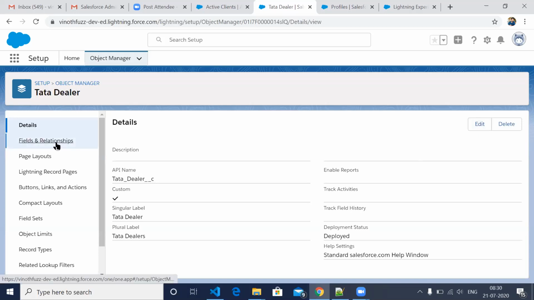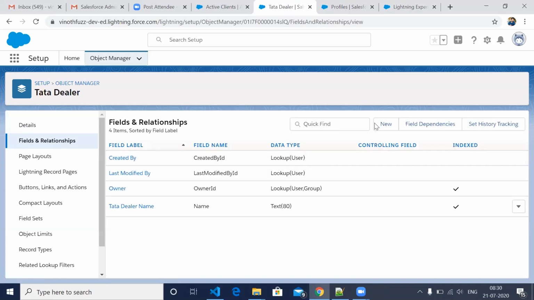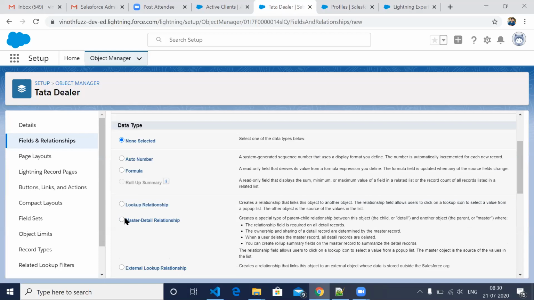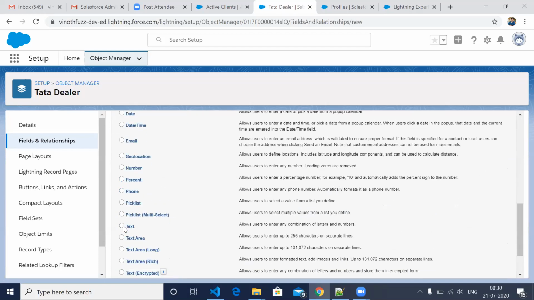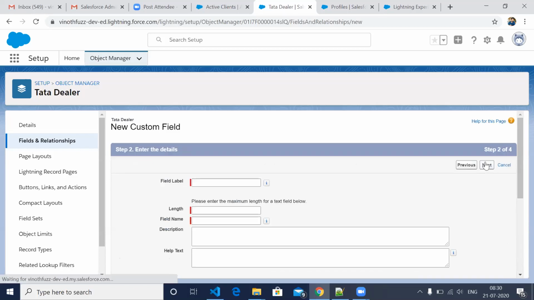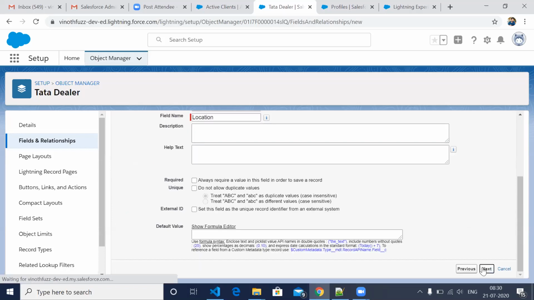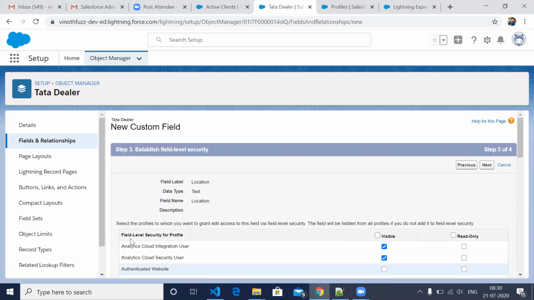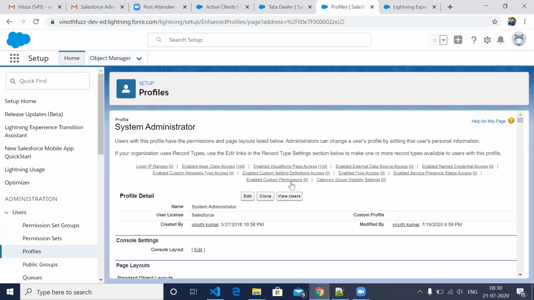It will ask in the field level. So here it will show this one, field level security for profile. This is the same thing, field level security here.